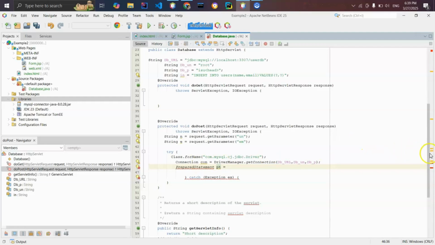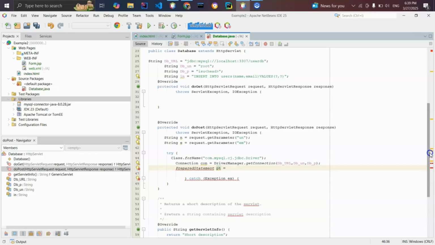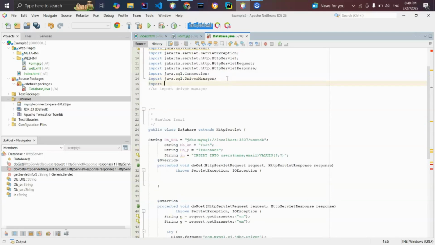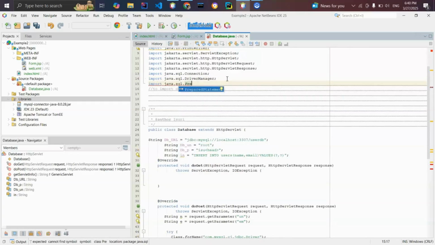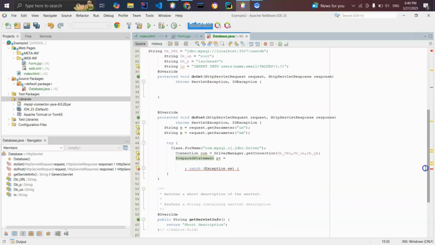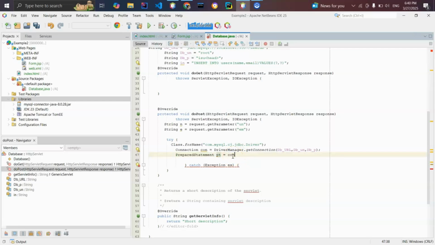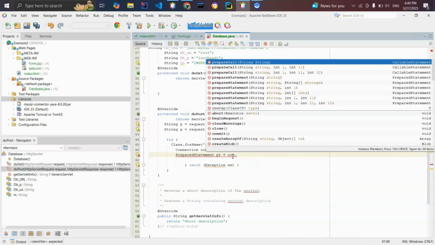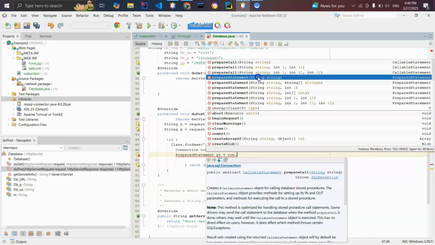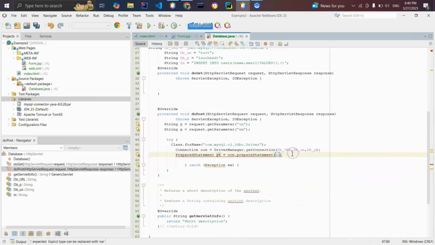You should import the PreparedStatement like this: import java.sql.PreparedStatement. Now you can get the connection via this, con.prepareStatement. This is our query. See,